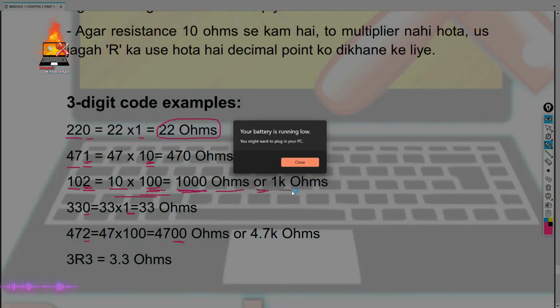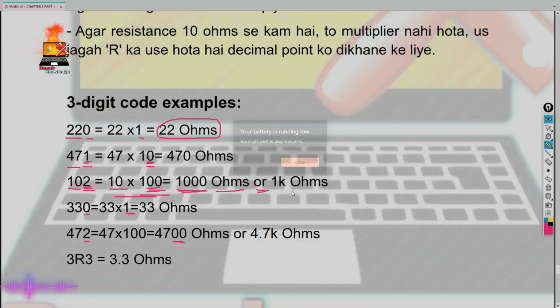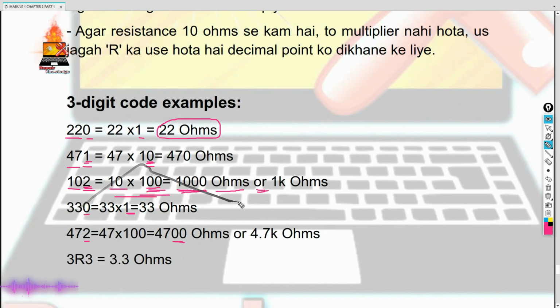If 1000 ohms comes, then at what range will we keep the multimeter? A range above 1 is fine. I have told you the use of a multimeter in the previous video. Only then you will understand this. So what is ohm of 1 over here? Ohms of 1 is shown when your 1000 ohms will be.